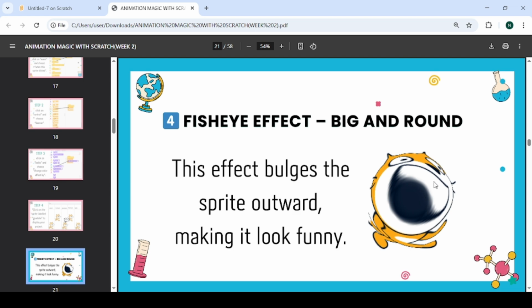Can you see the mouth of our cat? It expanded it. It made it big and round. So that's how it makes your object look when you apply this effect. This effect bulges the sprite outwards, making it look funny. You see, the sprite is looking funny. So now we'll go to